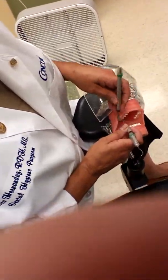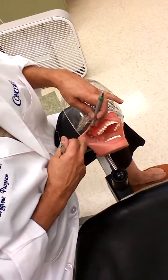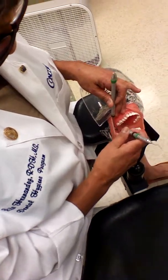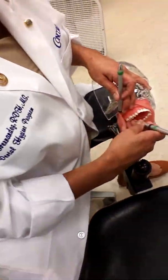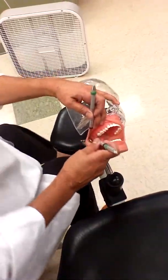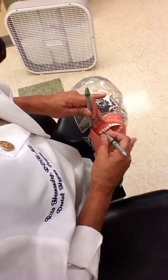Now my retraction is not as ideal as I would like it to be because I'm trying to get just a good picture, you know. So, and I'm right here, and I'm kind of thinking about what my hand's going to do. So I'm going to try this one and see if this might make it better. And I think it might. Okay, now,